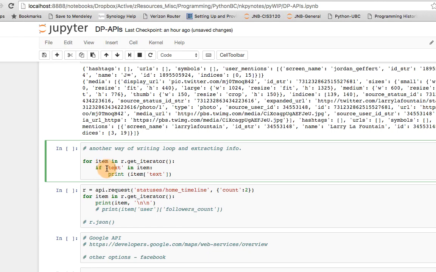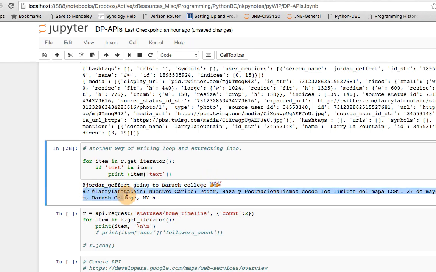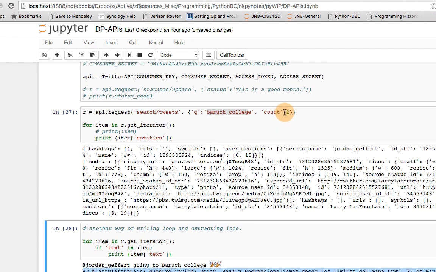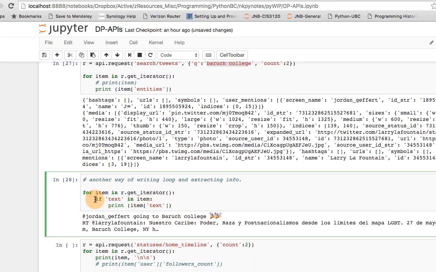So all I need to do, again, if you think back to your dictionaries, I'm actually looking up a key. Is this key in this dictionary? If this is indeed a dictionary, and I know it's a dictionary, right? Then print item text. Let me try running this. So basically now I got tweet number 1, tweet number 2, right? So this is only 2 because I asked for 2. Okay, so there are many different ways of processing it, but to do this, you need to know the internal structure, right, of